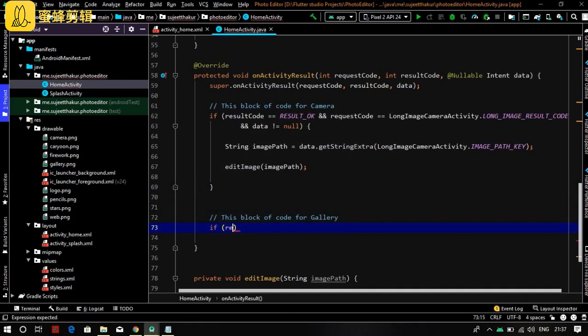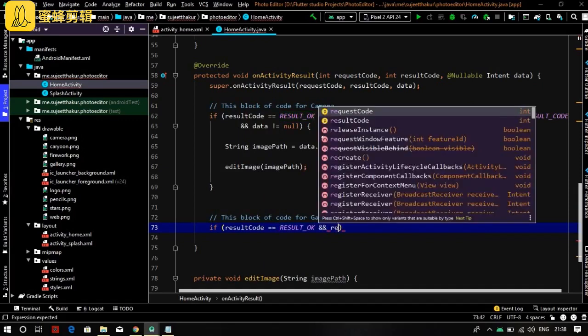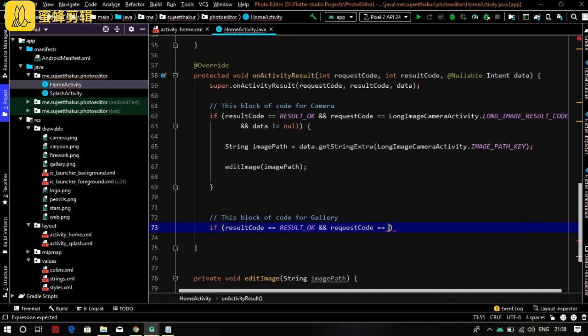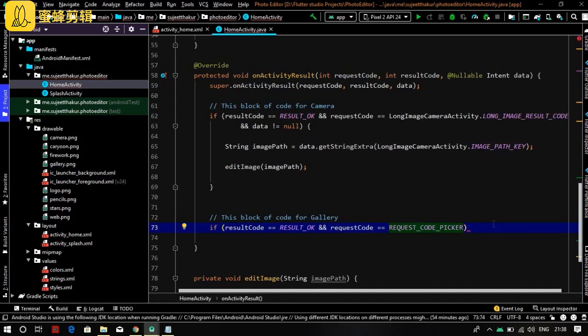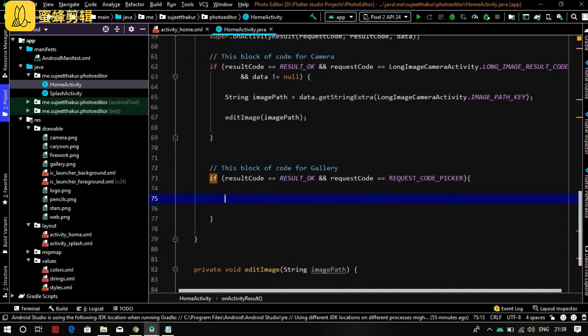If result code equals result OK and request code equals request code picker, then we will try to get the image URI of an image.